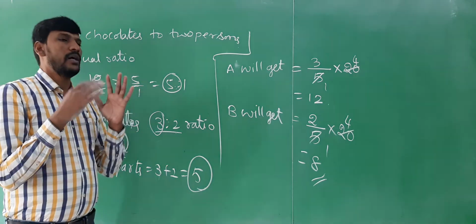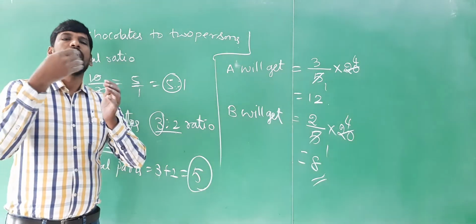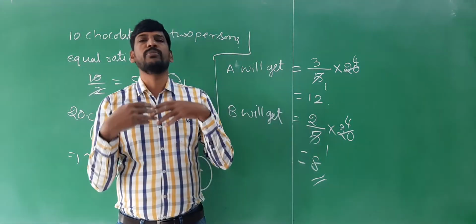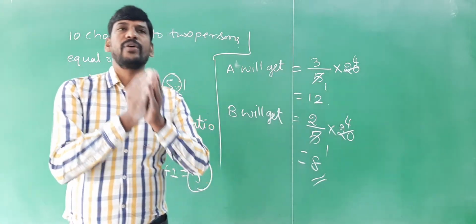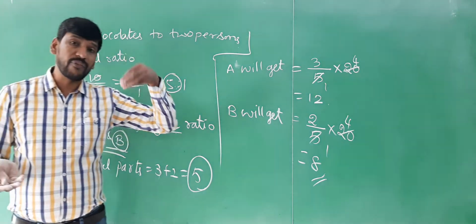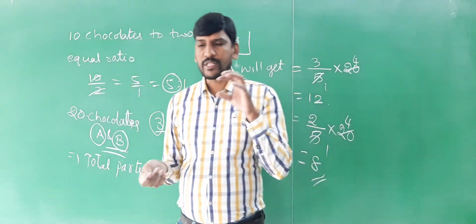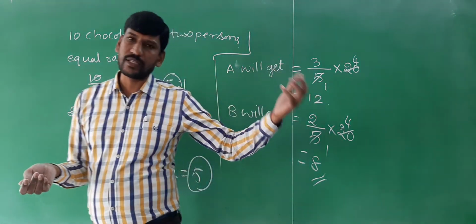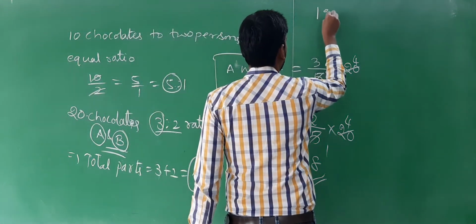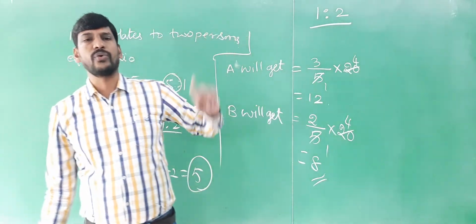Suppose they got some profit, that is 10 lakhs. Okay, how will they divide the profit, how much will A get, how much will B get? Will they divide the profit into 2 equal parts, meaning equal share, or different? Depending on the investment, they will get the profit. Suppose A's investment is 1 lakh and B's investment is 2 lakhs. So here the ratio of those two investments is 1:2. Even the profit they want to share in the 1:2 ratio only.